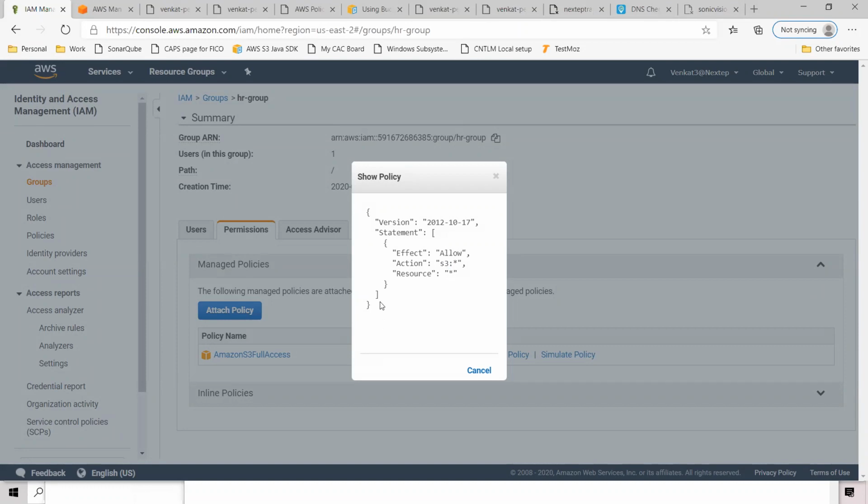But with this one, what we are saying is, this user can do everything in S3. He can create objects, create buckets, delete buckets, do everything. And on all resources, all buckets, since there's no specific ARN, it's allowed.